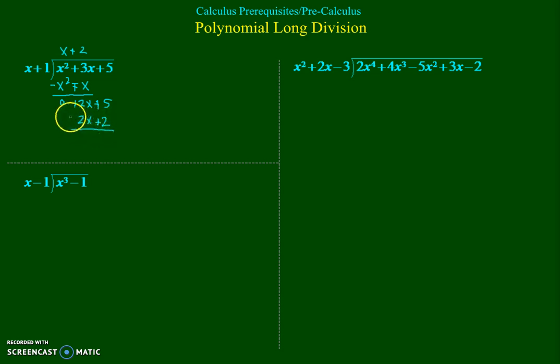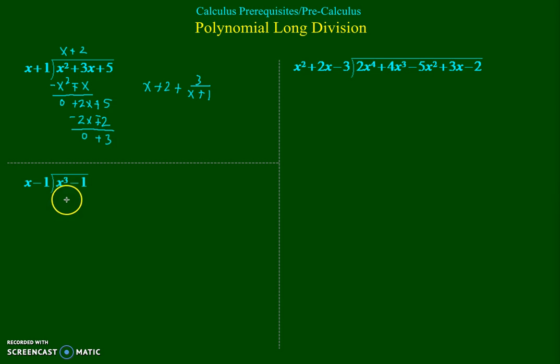Change the signs and add. So this is 0, and this gives us 3. Now we have this value. You can't multiply x by anything to get 3, so we're done. This is the quotient, this is the remainder, and so our result is x plus 2 plus, because it's a positive 3